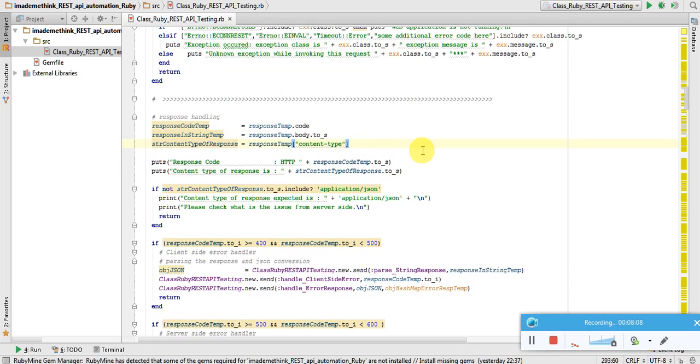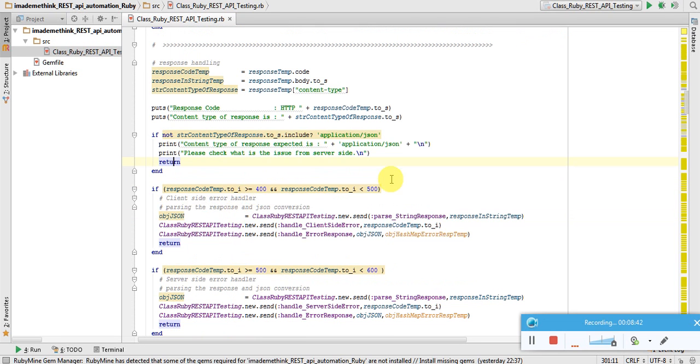So very first thing to check is not the response code, but is to check the content type of the response what we received from the web application. So as we know that we accept only JSON format, and if the application is also sending the JSON format, then it is fine. If application is sending in XML format but we accept in JSON format, then there is no point in continuing. So that is why here content type of the response we are comparing. If it is not application/JSON, we are just going to return it. Okay, then next we are going to handle the status codes.